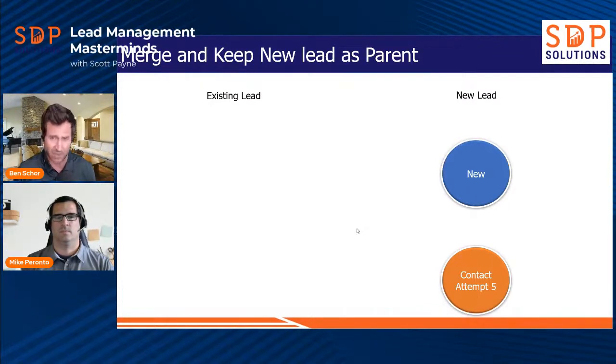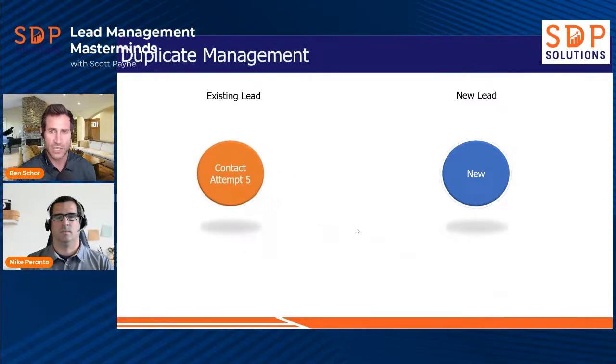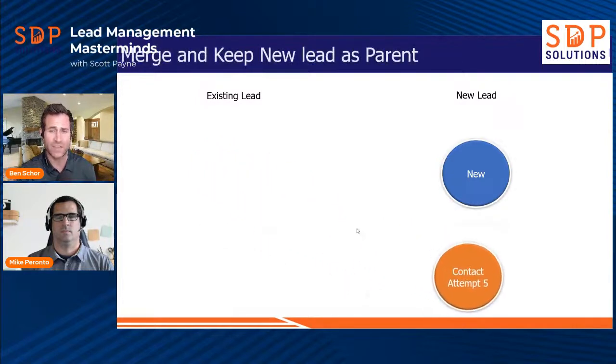Now, in this case, the scenario is you have a new lead. Let me back it up again. A new lead comes in, and when that new lead matches the existing lead, you might decide that you want that existing lead to be the child of the new lead. Now, there's pros and cons to doing this. The pro is you got a new lead coming in. You know that it's a new lead, so you're in really good shape there because it stays as the parent lead, which is the main one.